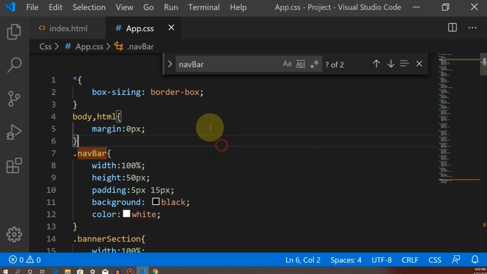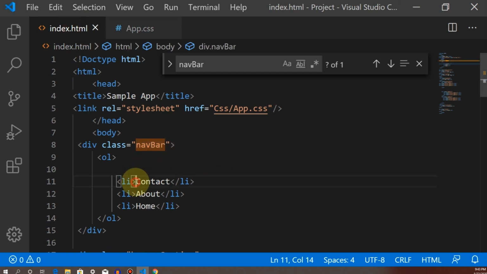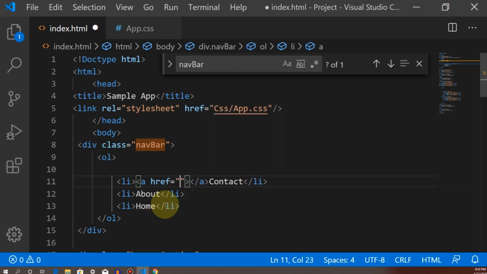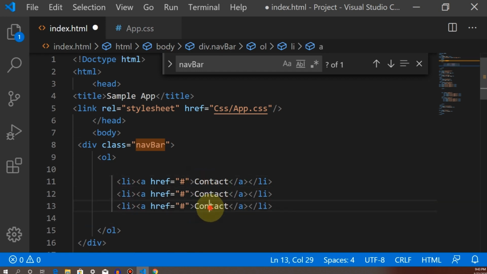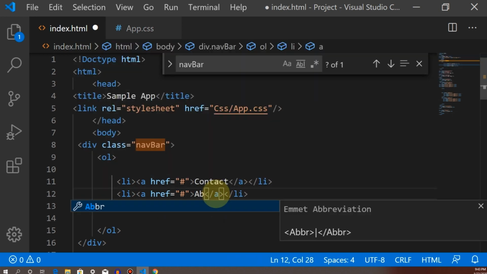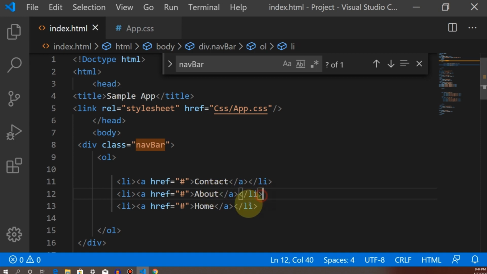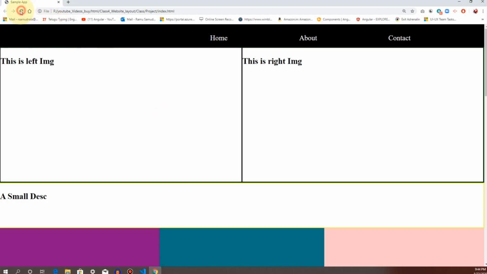For that we have one more element, that is the anchor tag. It will have some href, so we can mention an empty hash here. Now in this anchor tag we need to mention our nav element text: home, about.